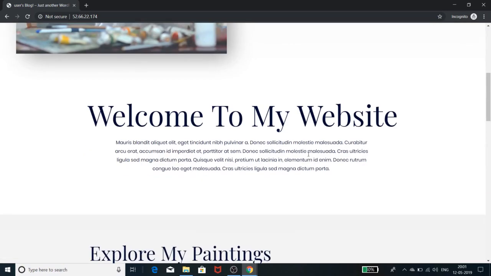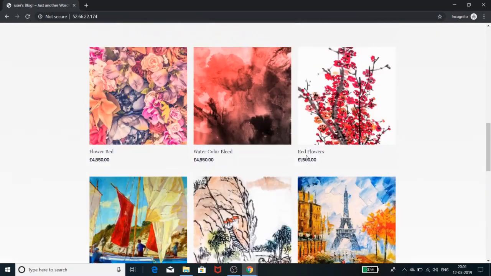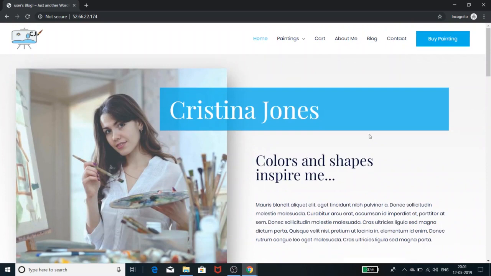We also created a logo and added this logo. Till now, if it were a profile page or a blog page, I would be done. If you have been looking to create a profile page or a blog page, this is what you wanted to see. But if you are looking for how to create an e-commerce page,